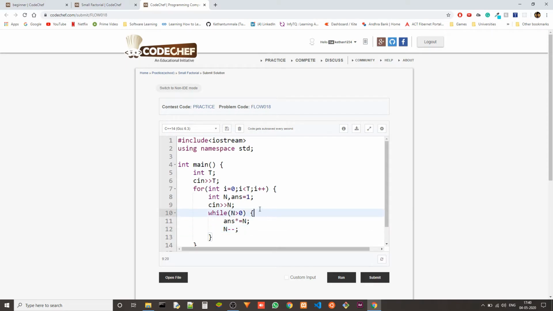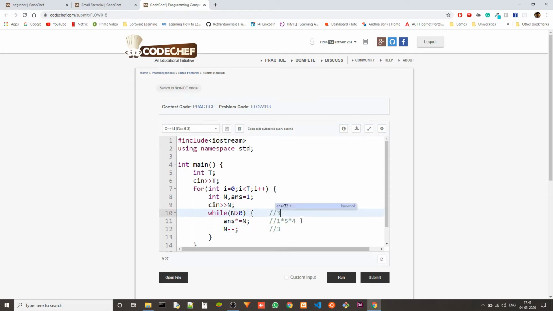So let's say in the case of 5, n will be 5 first, and answer is 1. It will be multiplied with 5, and then n is 4 now. And 4 is still greater than 0, so we multiply answer with 4, and then we decrement it to 3.